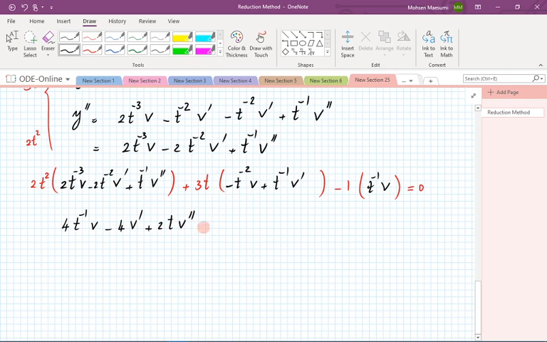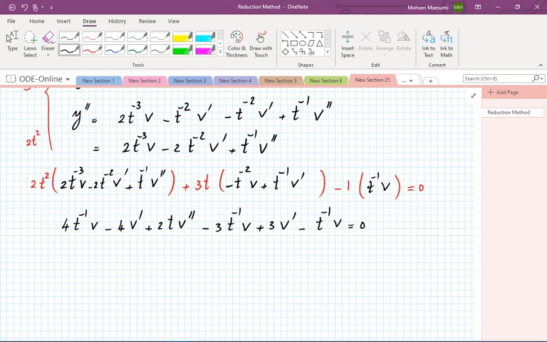Multiply these two, becomes minus 3t minus 1v plus 3t and t inverse are going to cancel. I have v prime, and then finally minus t minus 1v. Okay,